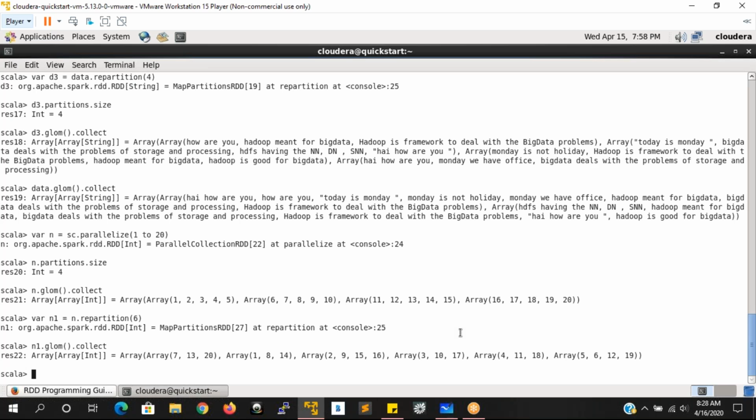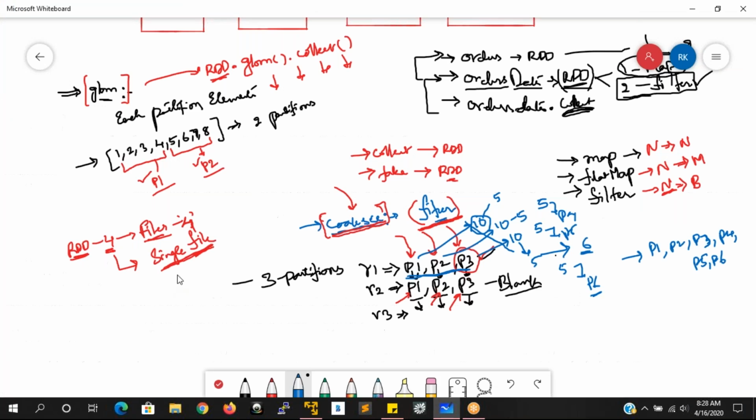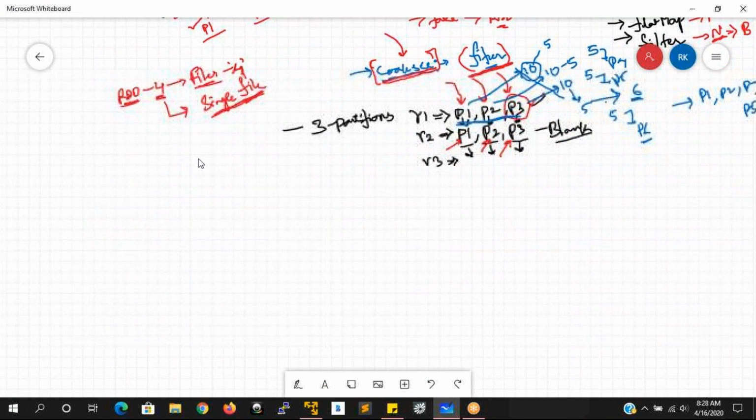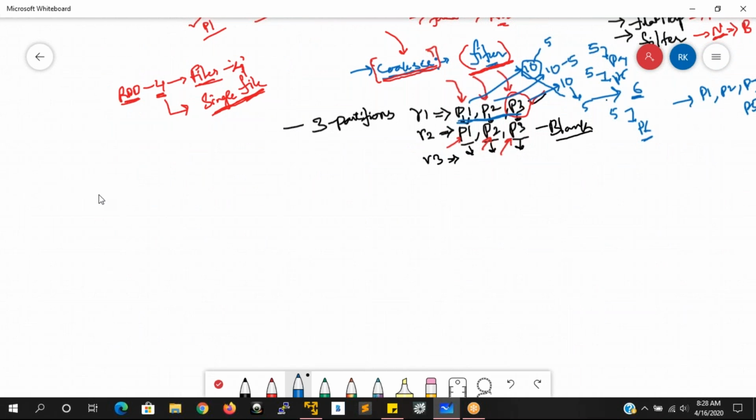So when it comes to Spark, the two most important things are there. What are the two things? In most of the Spark applications which we are going to develop, the very important ones are map and flat map.